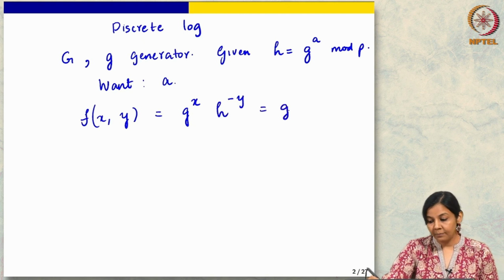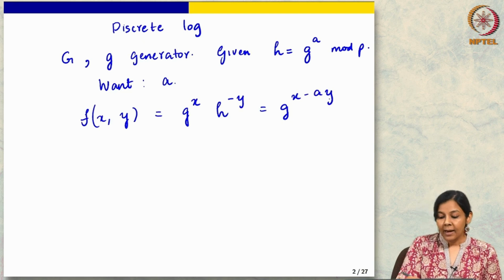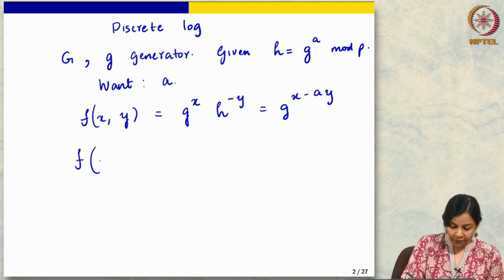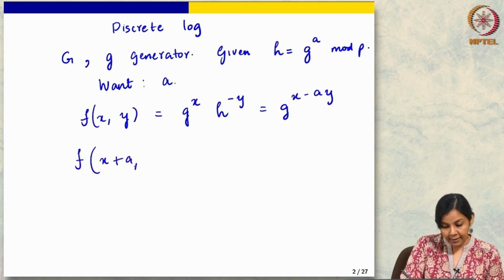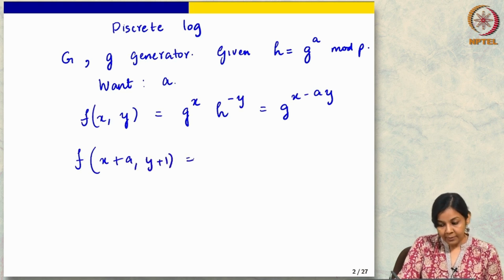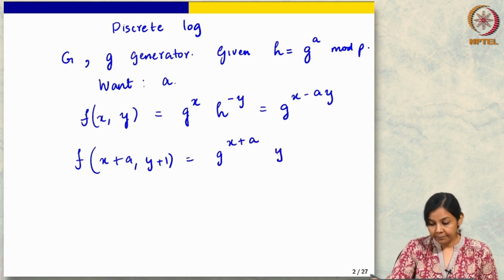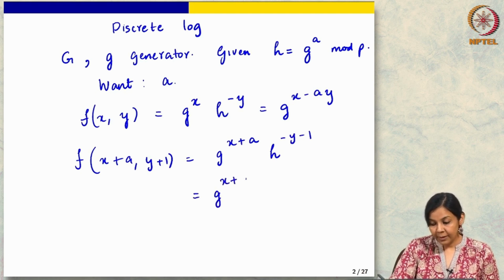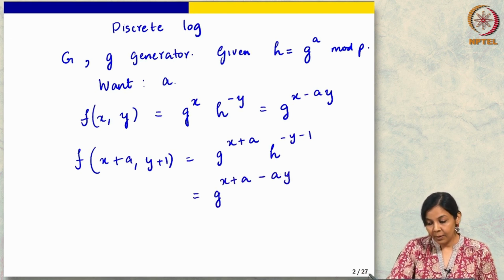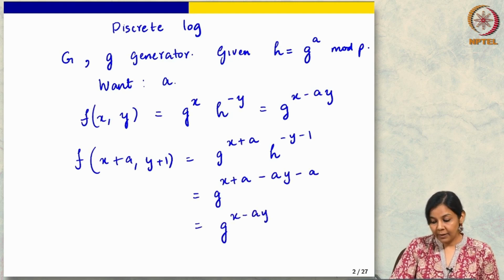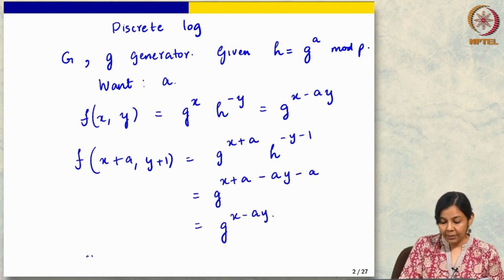So, this ends up being g to the x minus a y, right, and you can now see that f of x plus a y plus 1 is going to be g to the x plus a h to the minus y minus 1, right, which is g to the x plus a minus a y minus a, which is the same thing as g to the x minus a y. Okay, so, we can see that the period